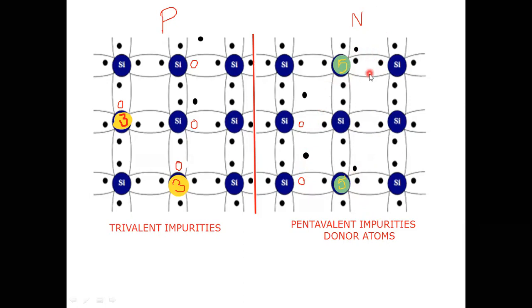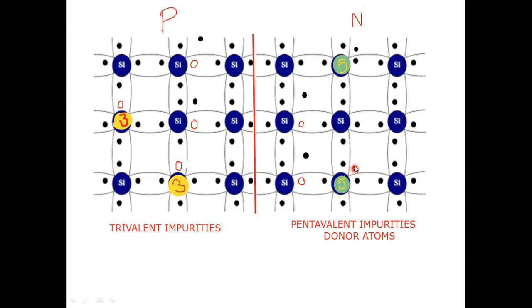See here, the electrons in an N-type semiconductor will increase due to two processes, two methods. The first one is doping concentration. Here, I am doping with a pentavalent impurity atom. Every pentavalent impurity atom will introduce an electron here. If I dope this semiconductor with 10 pentavalent impurity atoms, then I will have 10 electrons. So every pentavalent impurity atom will bring one electron for the purpose of conduction.